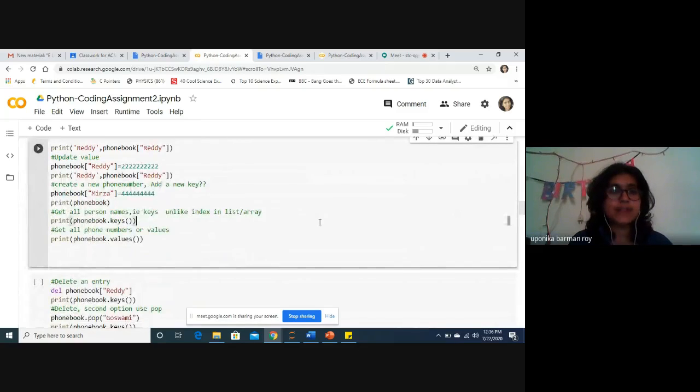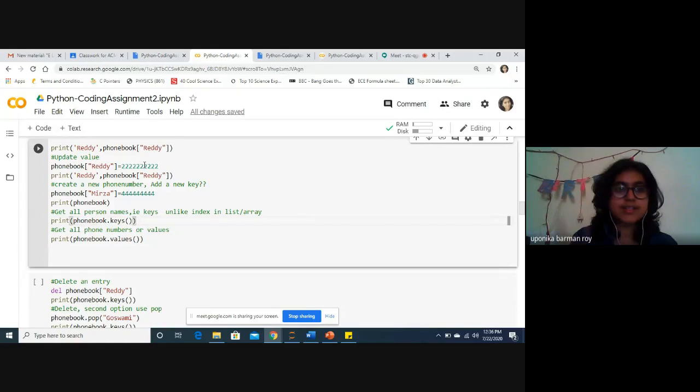In this part, we can see how to update the value. What if a person's phone number is changed? I need to replace the number, and I can do that. Previously my number was 123456, and now it has become 2222. I replace it using this simple syntax: the name of the dictionary and the key.